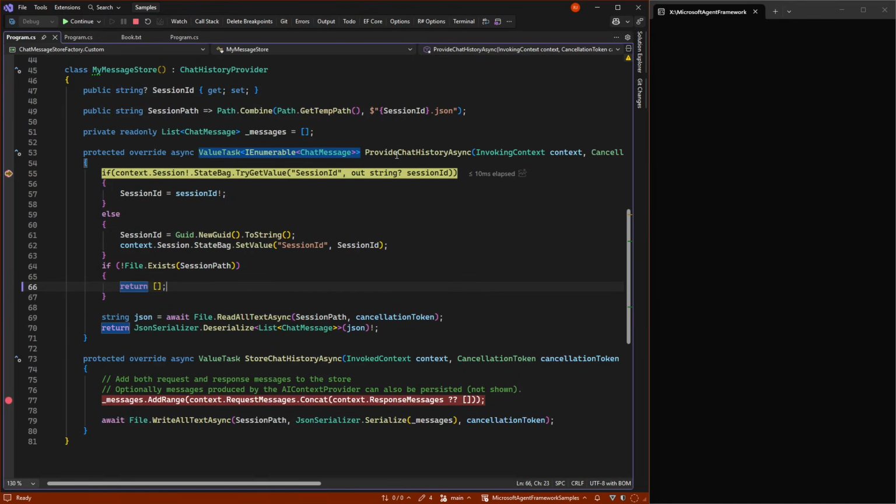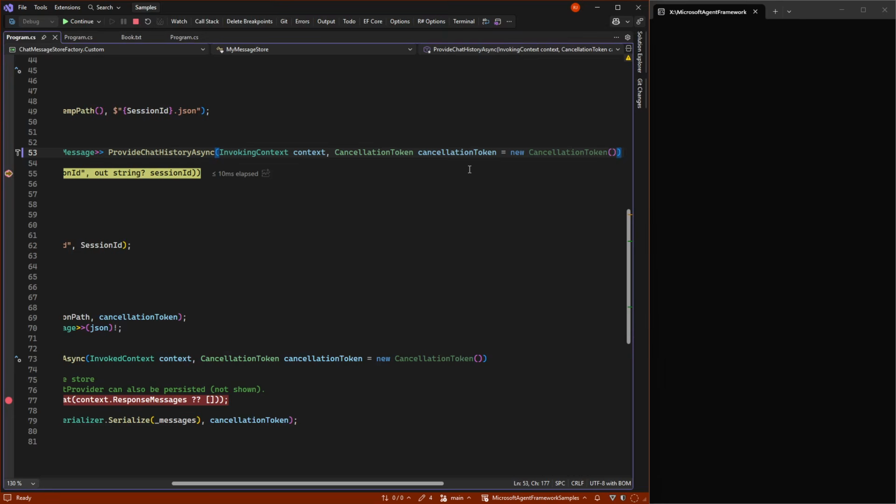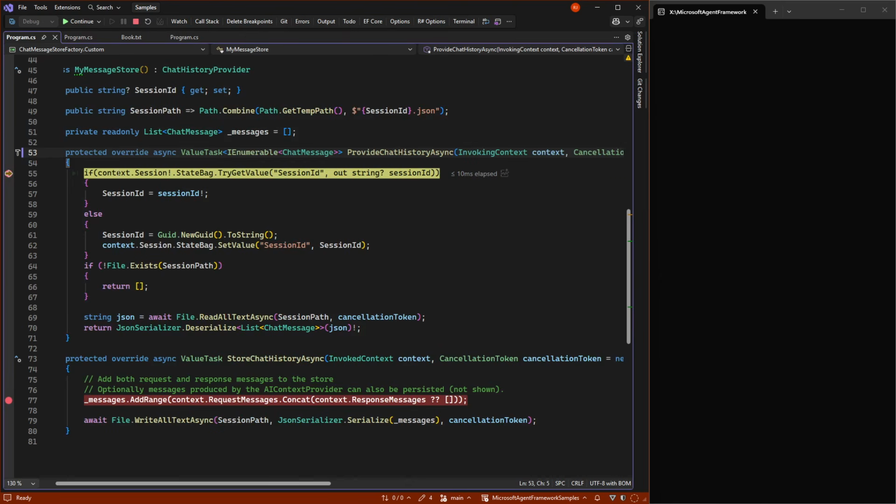Provide means whenever we start this, we can go in and give whatever store we have for that specific session. In our case, it's a completely new session, so we can see we have context in here instead, and that context has a session, but that session is the one we saw with no data, so we have nothing to show.